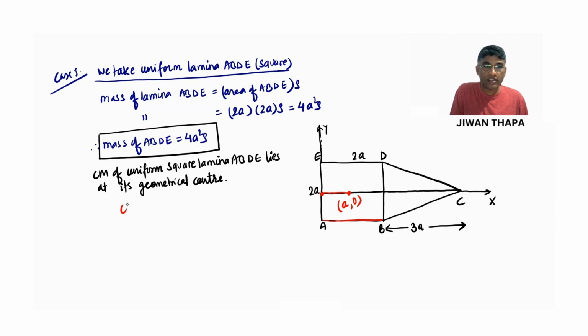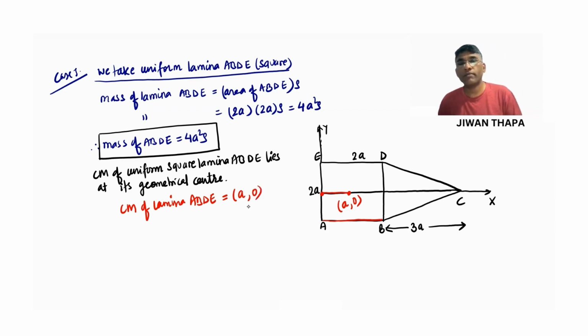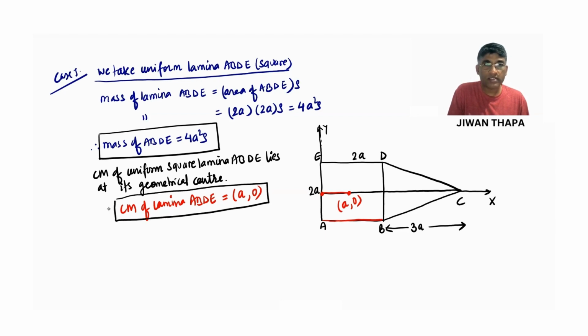So the center of mass of lamina ABDE is A comma 0. So we have this. So this is the center of mass. Clear? So putting this inside a box, okay. So we have this. Clear? Now what we do next,